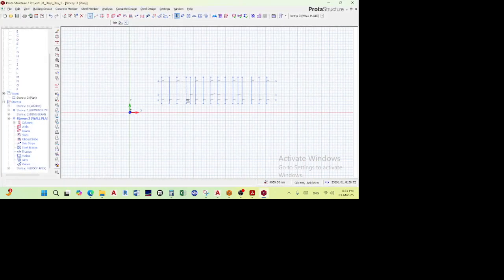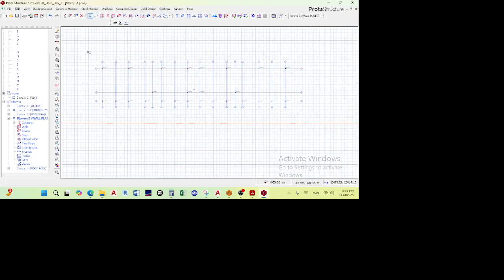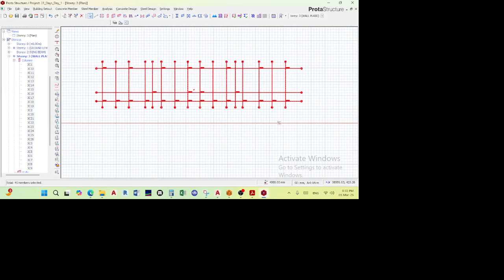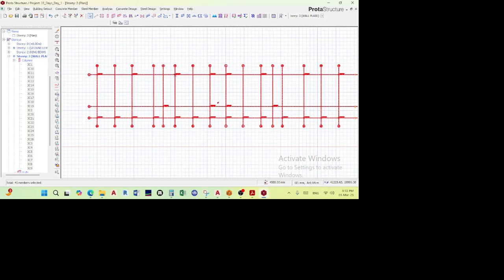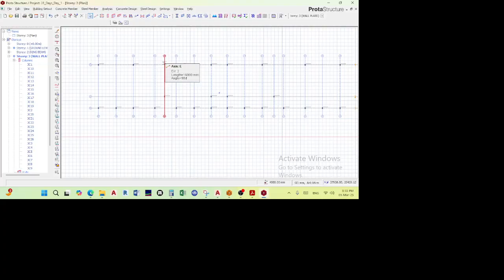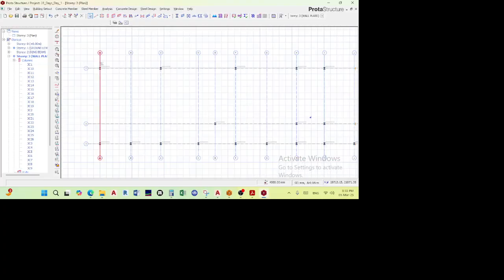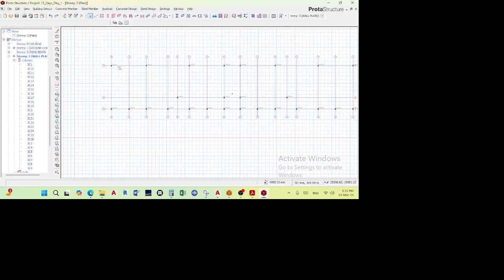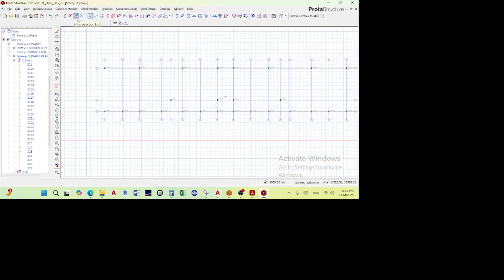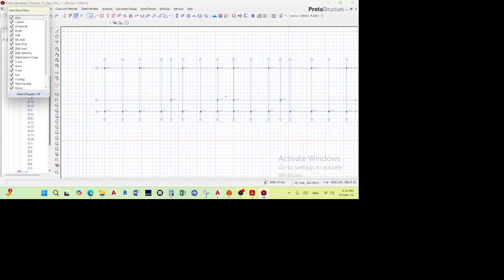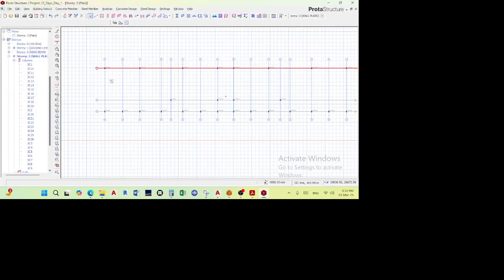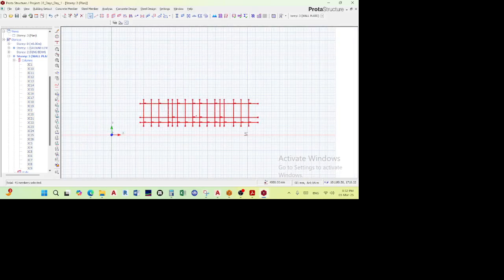just maximize this window. If you wish to only select, you can select this, but you selected everything, including the columns. Yeah, including the grid lines. But what you really want to do is just select the columns. So there's a filter button here. It says filter selection. When you click on it, you can deselect and then select what you wish to select. In my particular case, I only wish to select columns. I click on it, I deselect it like that, and then when I click everything in this,